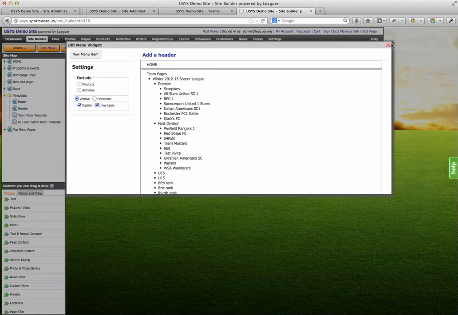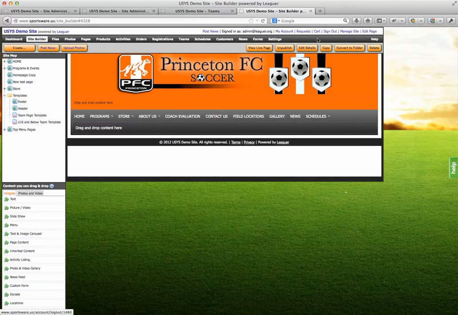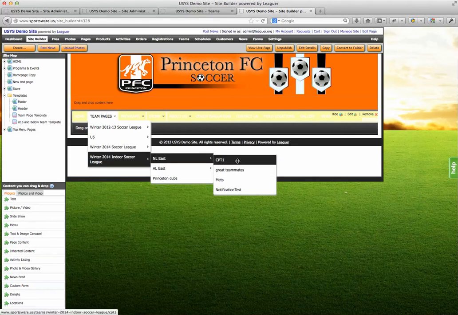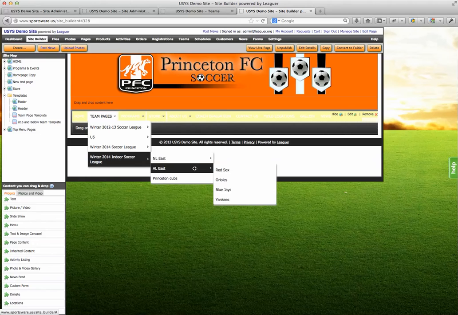All right, and then now if I go to my page here, if I look at my link to the league, here you see the NL East. Here's the teams. If I look at the AL East, you'll see they're sorted in my custom sort order. So that's a 12-minute intro to teams. We'll get into the custom team pages in a